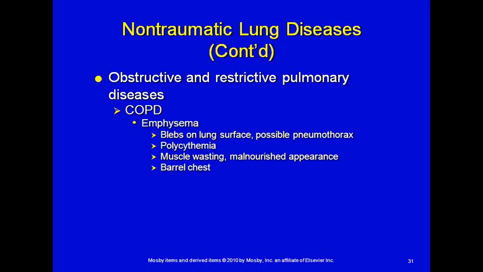Most emphysemic patients have a big barrel chest because they're unable to get all the air out because of the air that's being trapped in the alveoli, which remains stagnant and certainly can lead to chronic lung infections like pneumonias, those sort of things. But they also have a tendency to be very malnourished in appearance, muscle-wasted, emaciated, big barrel chest, pursed lip breathing,